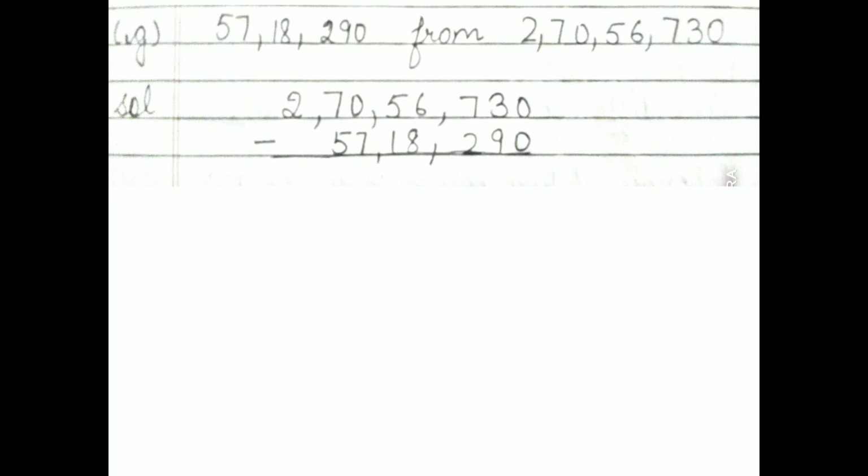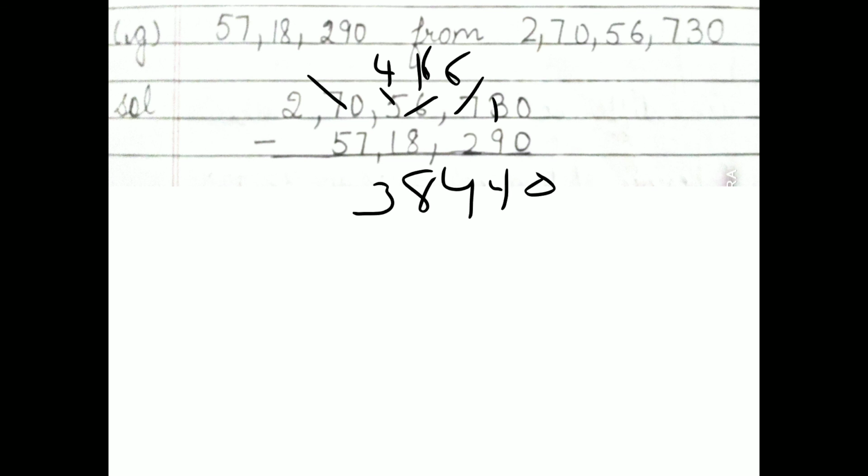Now G part. In G part, 0 minus 0, 0. 7 becomes 6, and this 3 becomes 9. So 13 minus 9 is 4, then again 4. 6 you can't minus, so you take from 5, it becomes 16. 16 minus 8 is 8. 4 minus 1 is 3. 0 you can't minus, 7 becomes 6, and this becomes 10. 10 minus 7 is 3,